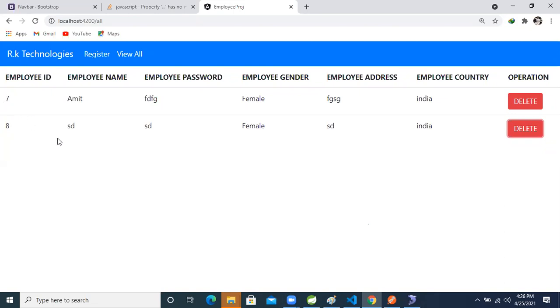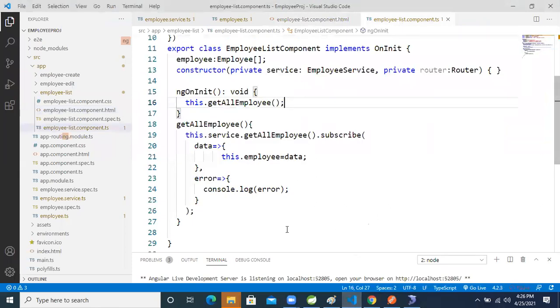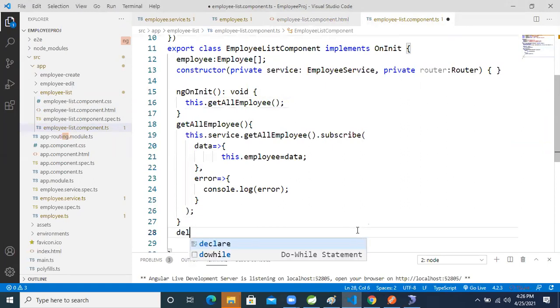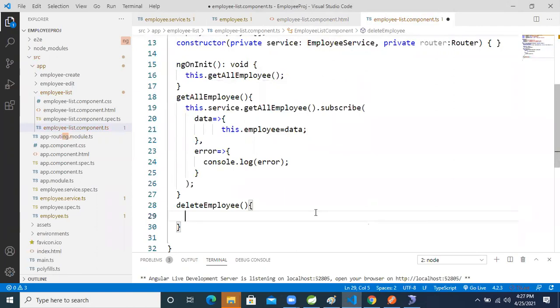For that, I'm going to the employee list component ts and writing one method, deleteEmployee. Inside that I'm writing one message for now. Later we will write the logic.